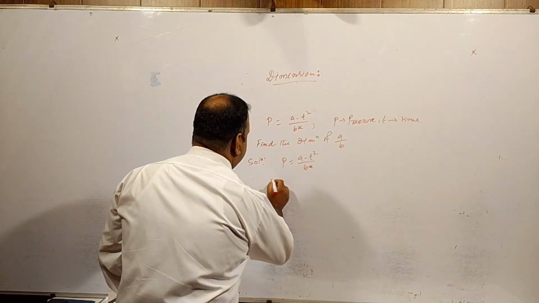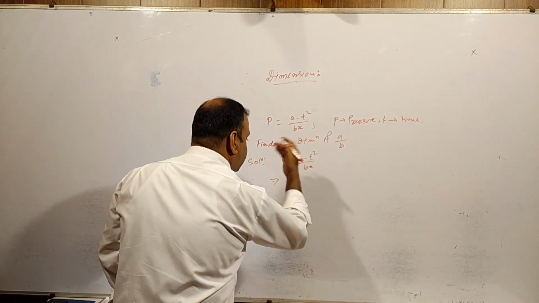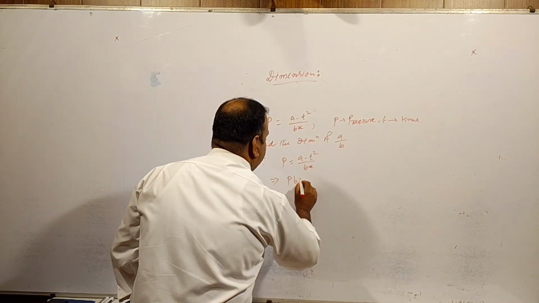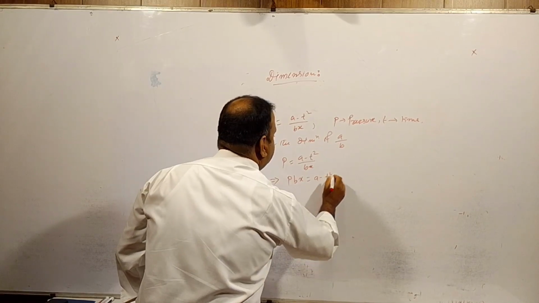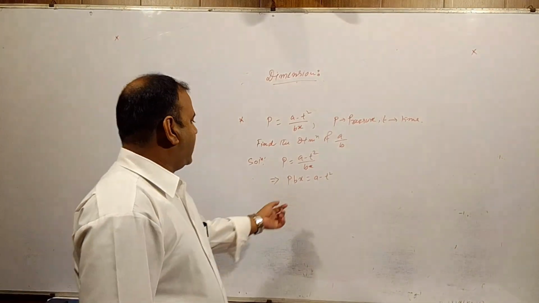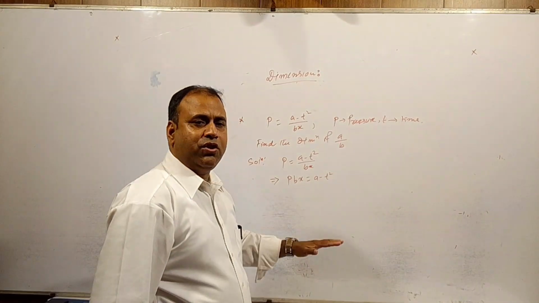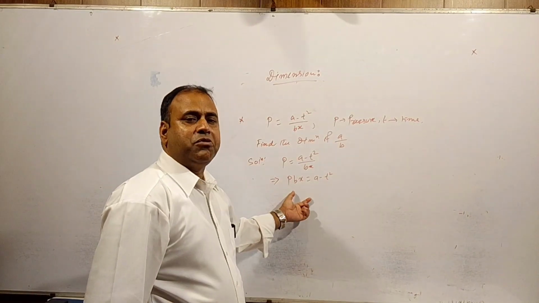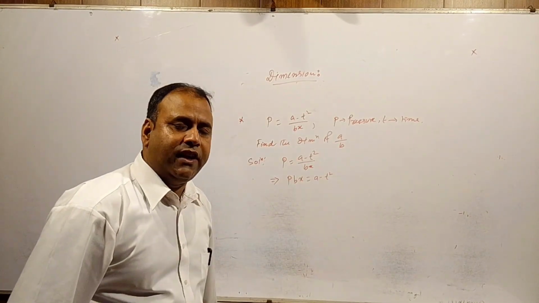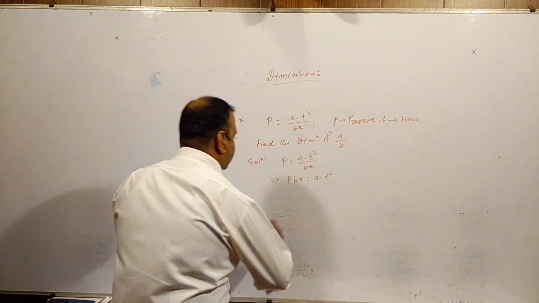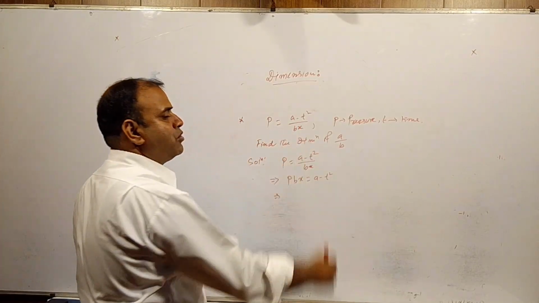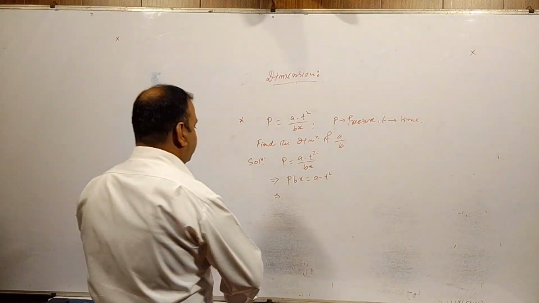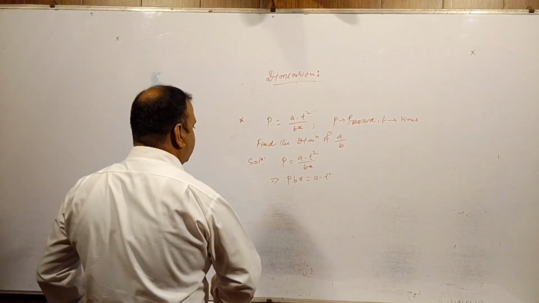So in this case, we can write the equation as Pbx is equal to A minus T square. This is the equation given to you. From the given equation, we have to calculate the dimensions of A and B. So according to the principle of homogeneity, we can write